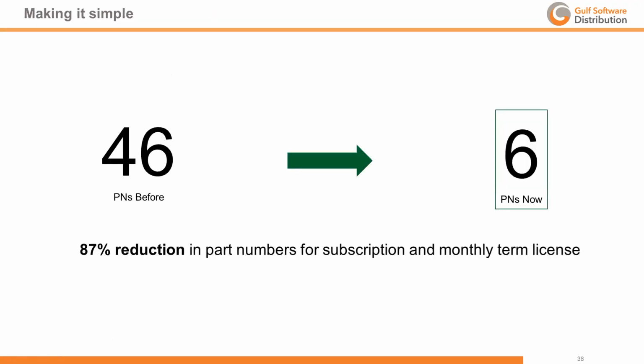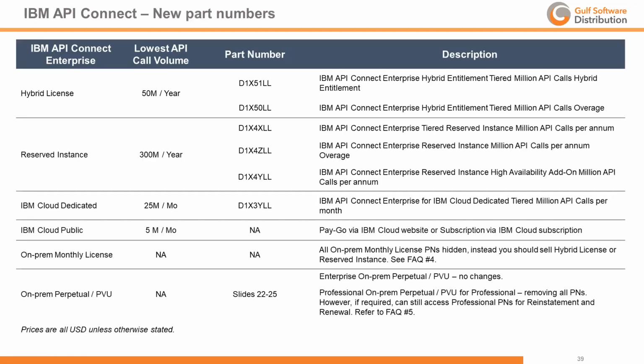In terms of part numbers, IBM has made it a lot simpler now, because the 46 part numbers it used to be before has now been reduced to 6 part numbers. And these are the part numbers that we are looking at for a hybrid instance. I'm just focusing on that, assuming everyone is going to push on it for the first time. So we are looking at 50 million API calls per year, and only 2 part